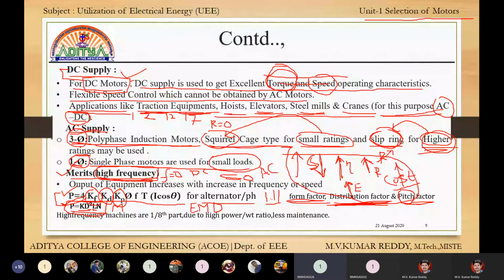Okay, thank you. The second formula is P is equal to K D square L n. This single formula is used in one circuit design. See how important this formula is; using this single formula, P is equal to K D square L n,